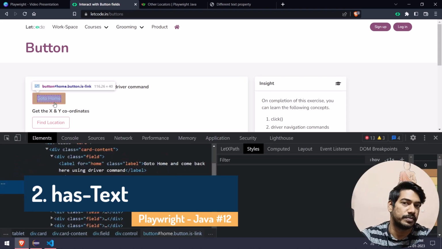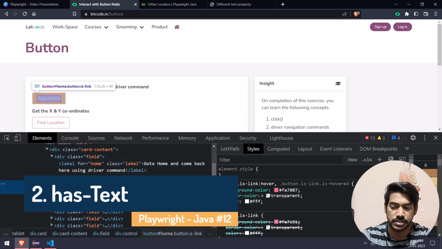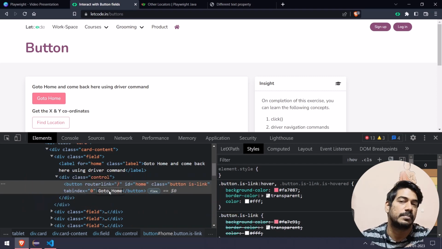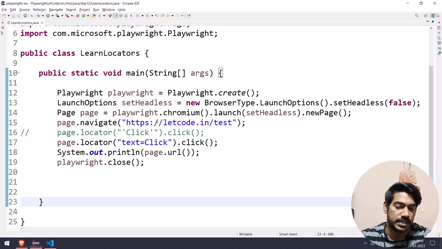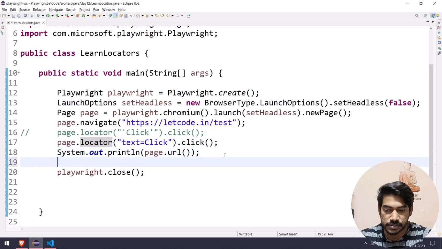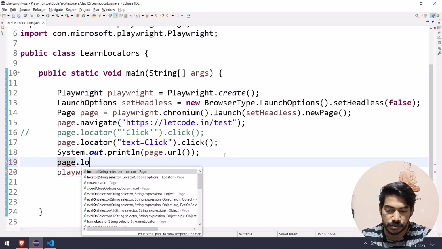So "Go to Home" is my button. Here you can see it's a button, and then I have the text. If I have to handle a button based on the text, I can do that. Here you can see we have the pseudo syntax as text. For example, once I go to the click, I print the URL, then I will say page dot locator,